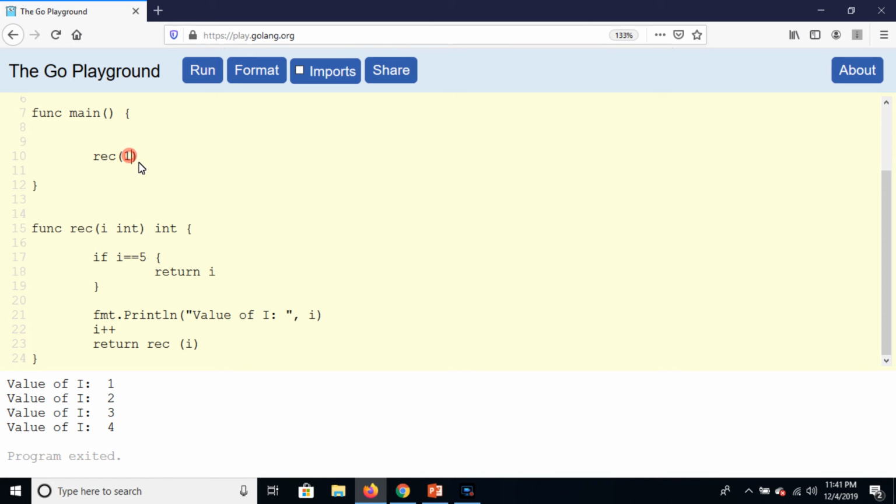First we are going to call the function, and that is recursion, and pass one argument. Here are the formal parameters, we are going to receive I from the calling, and here is the return data type which is integer. Now we are going to check the condition. If the value of I is equal to 5, then